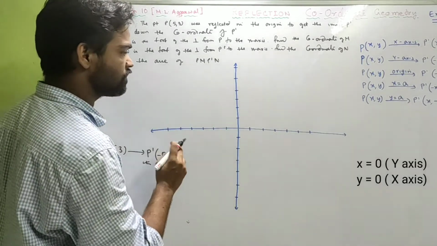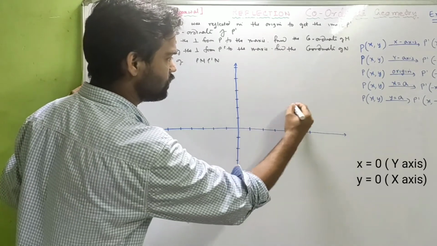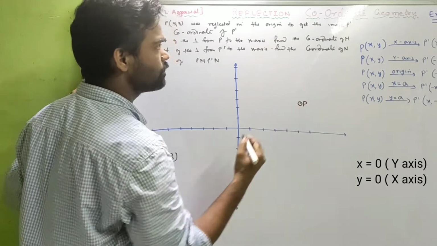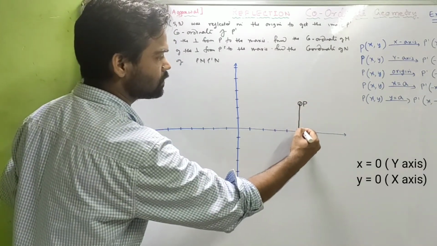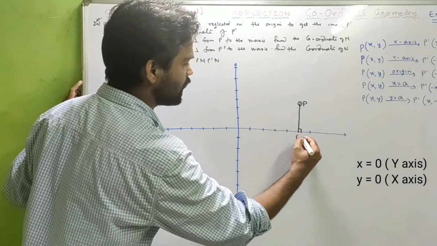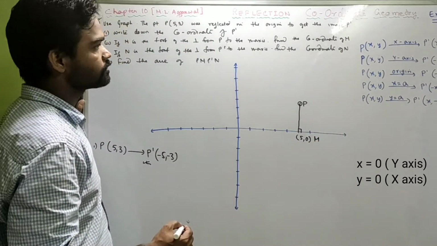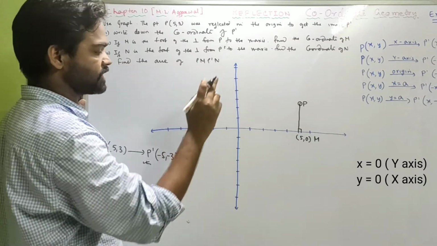First plot P, which is 5, 3. 1, 2, 3, 4, 5, somewhere over here. This is your P. From there, I'll drop a perpendicular, isn't it? Which meets the x-axis, if I'm not wrong, at 5, 0. That's your M. Then if N is the foot of the perpendicular from P dash to the x-axis,